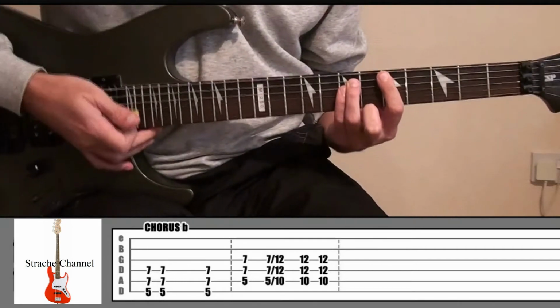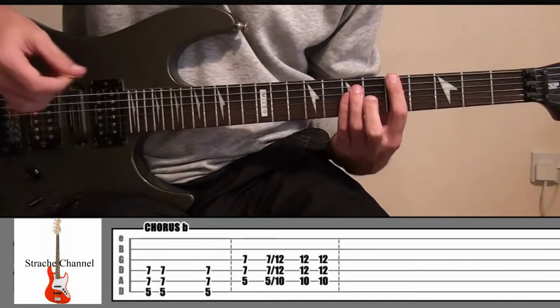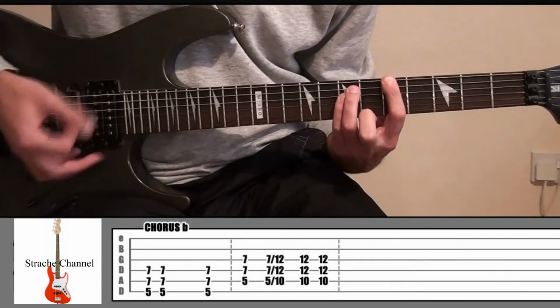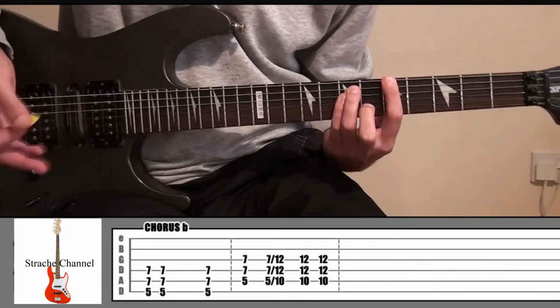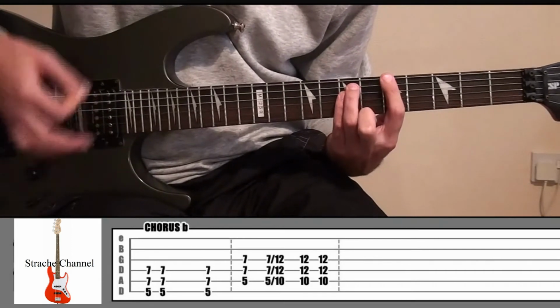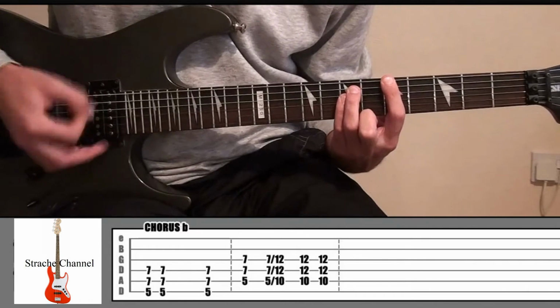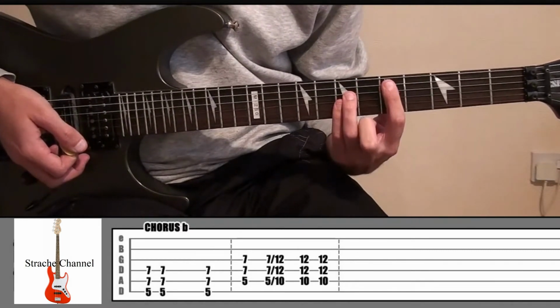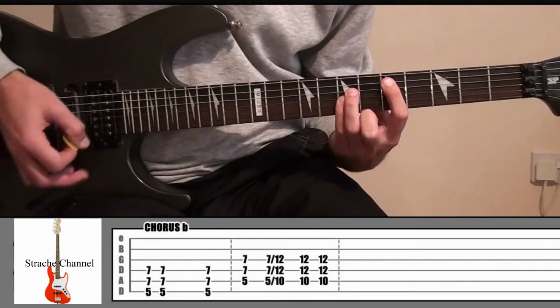I'm going to play this 3 times, but you're kind of going to break it up a little bit like this. So it's sort of like you're playing it twice, then pausing a split second longer before you play it again. So, okay, and then all we're going to do is go down a string and then play it once, twice,